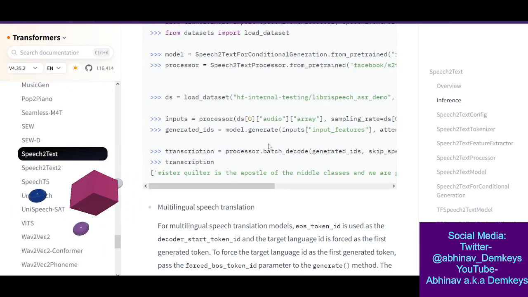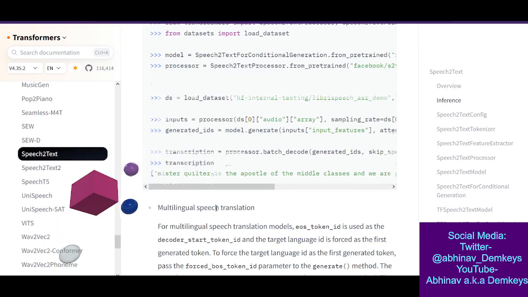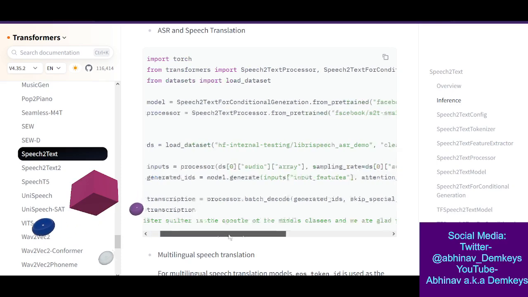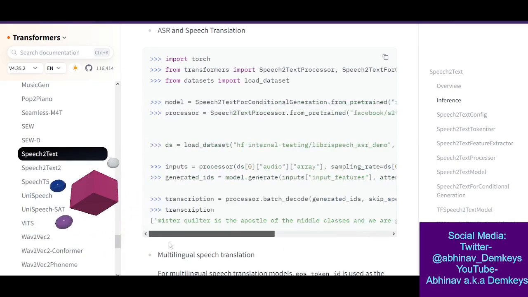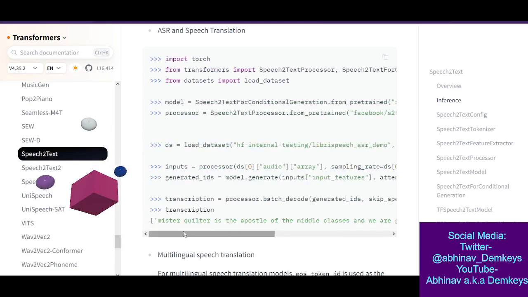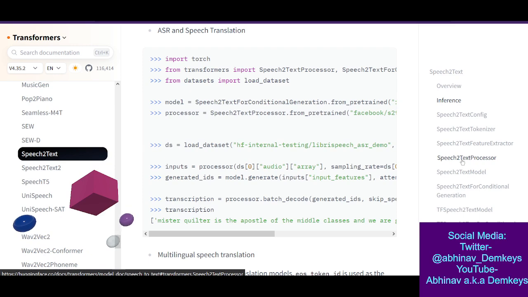I need to see what the first thing here is. Processor. Processor is this, right? Speech to text processor from so and so. Speech to text processor. Where is that? Here.